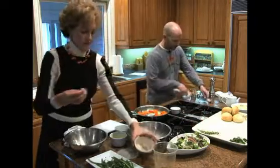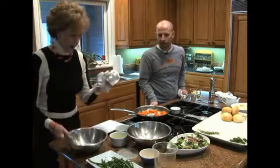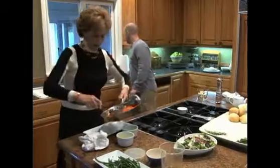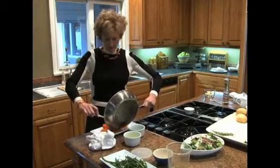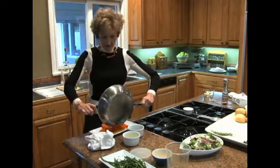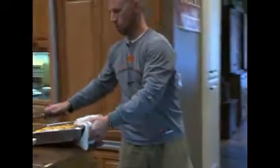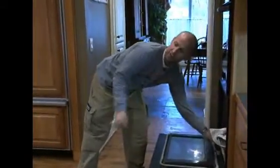Okay, so now the gravy's done, the mashed potatoes are done. Ann's got the green beans ready to go. Salad's ready to go. All we need are the hot carrots. And I'm going to grab the turkey. And the stuffing. And remember, guys, this stuffing was made the day before, so all you have to do to finish the stuffing